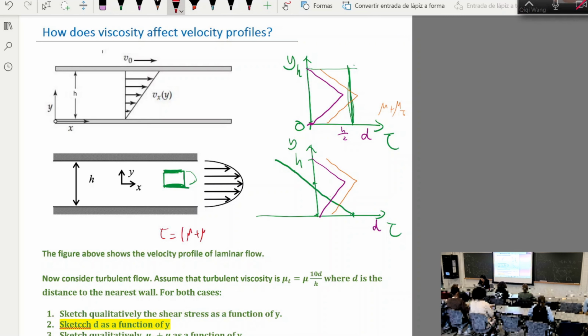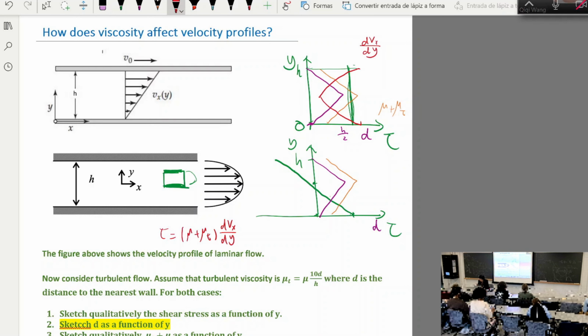to mu plus mu t times dvx dy. So dvx dy is tau divided by mu plus mu t. So for the first case, it means always the green line divided by this orange line, right? For the first case, I'm just taking the reciprocal of the orange line, and I'm going to get something like that. So that's going to be my